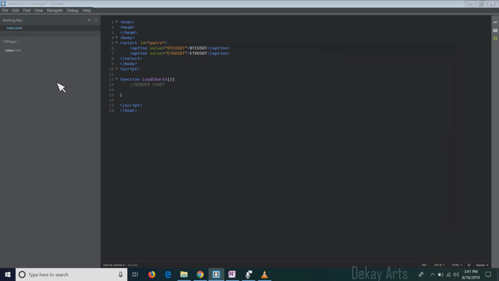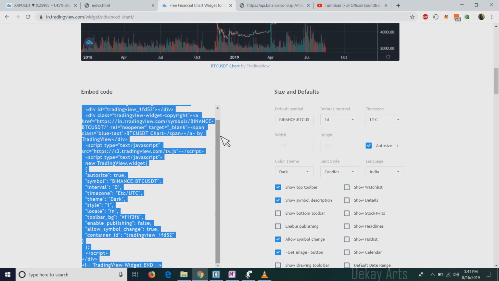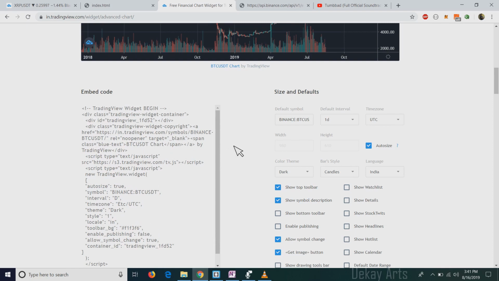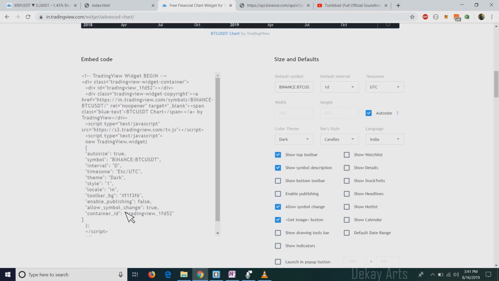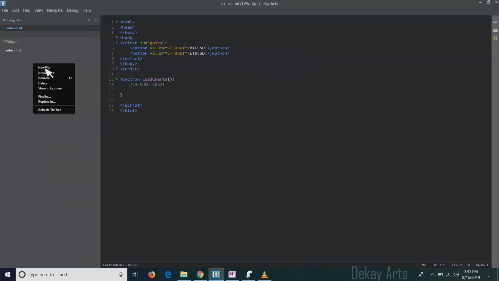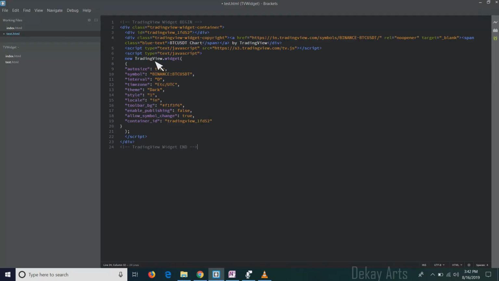What I'm going to do is, okay, this is the code to render the chart. But if you look at it, you don't understand anything, right? It's just a bunch of text and some commands. It doesn't make any sense. So let's create an empty file, test.html, and I'll paste this code there, and we'll break it down into smaller components.